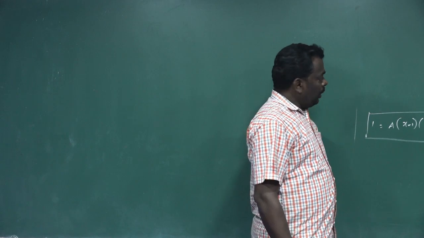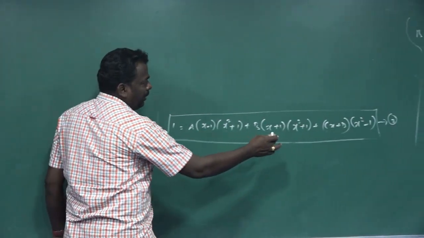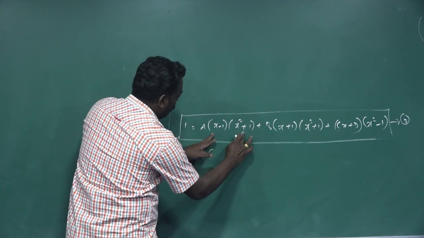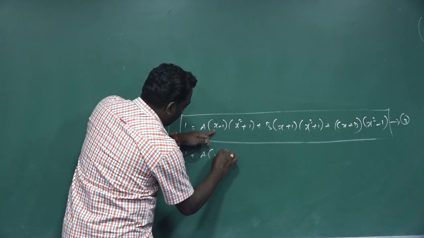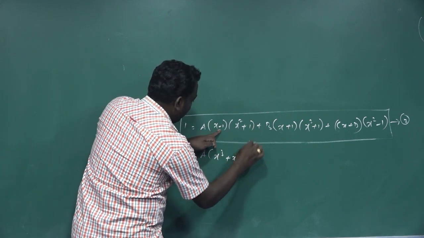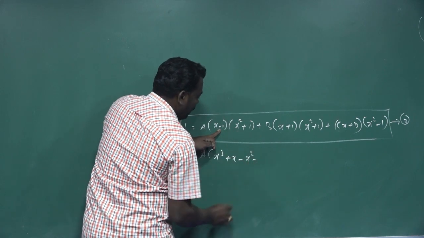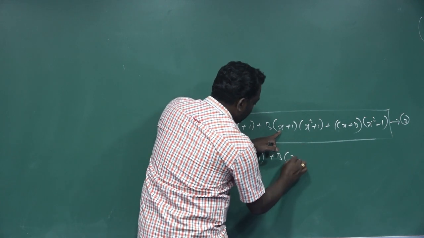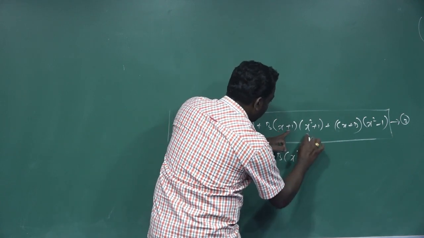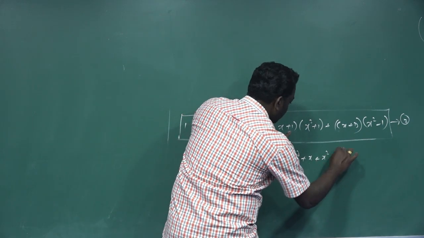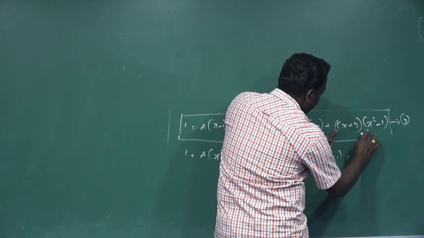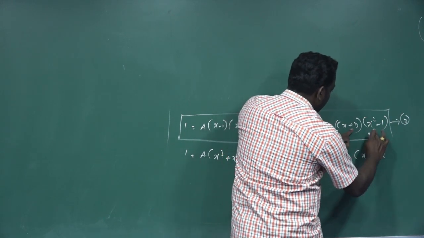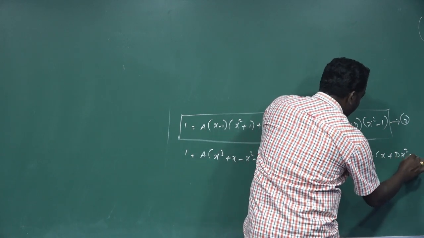Now next we have to simplify equation number 2. The left-hand side 1 is equal to a times, multiplying these two brackets, x into x² is x³ plus x, then minus x², then minus into plus is minus 1; then plus b times, multiplying these two brackets, x into x² is x³ plus x plus x² plus 1; then multiplying these two terms, c into x³ minus cx, then plus d x² minus d.